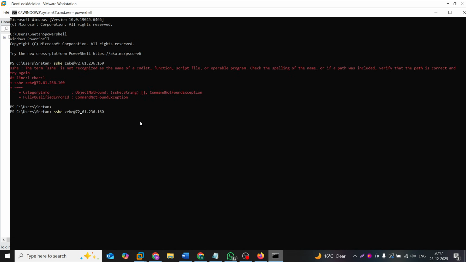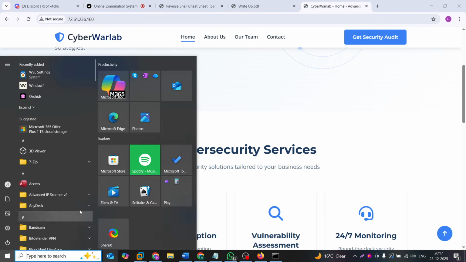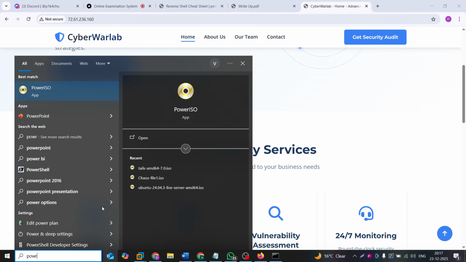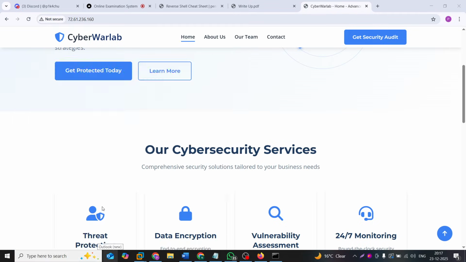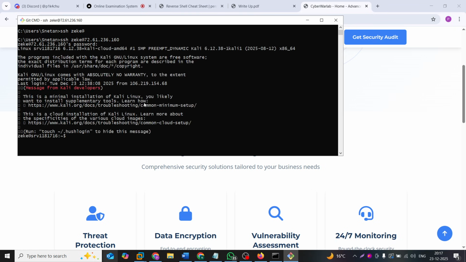Okay, there is something wrong. Okay, fine. Okay, my bad, it's saying the connection is closed. We'll wait. So next thing what we can do, let's directly open in the PowerShell, or we can go with the Git cmd. Fine, here it's working. Let's put the password winter@2025, and boom,